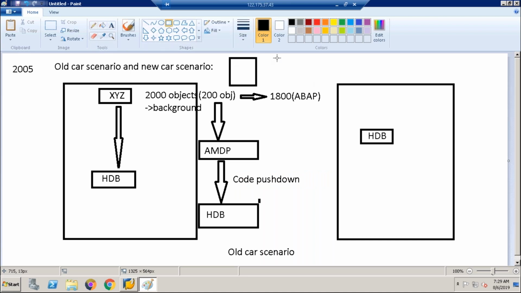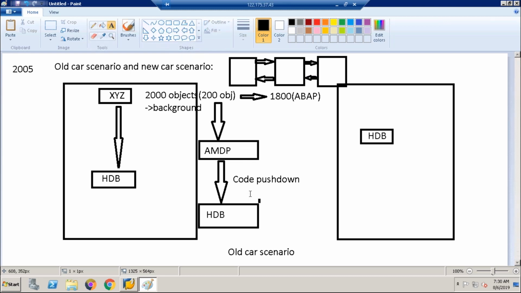In R3 architecture, you go to the application layer, and from the application layer again go to the database layer. The DB layer provides the response, again processing takes place in the application layer, then it is given to presentation. This entire procedure and network traffic is not required, guys. In AMDP, your entire code is pushed to the database layer itself.